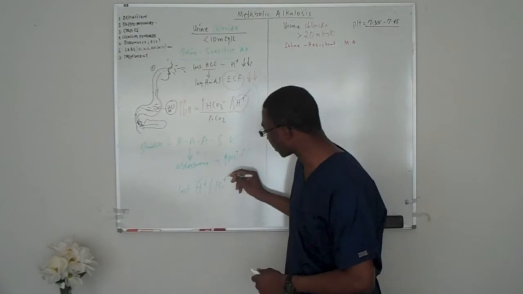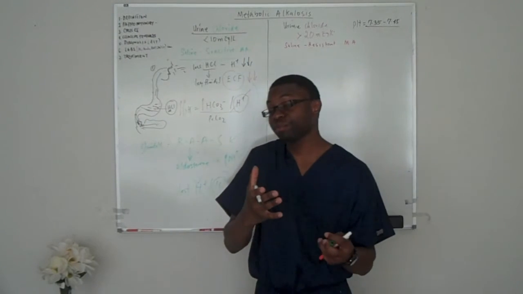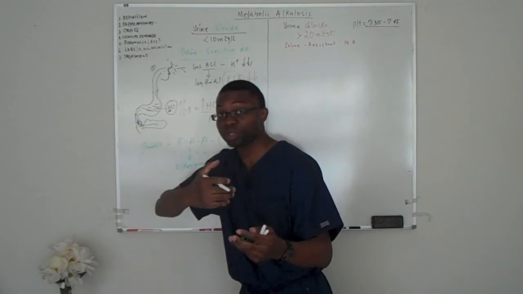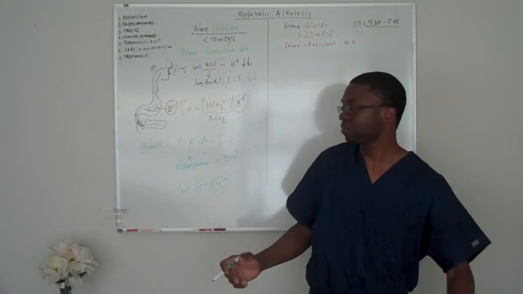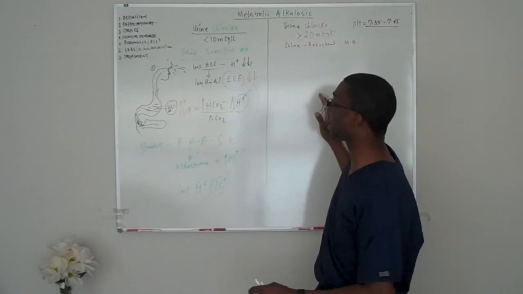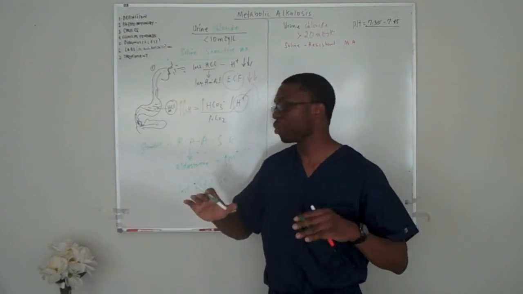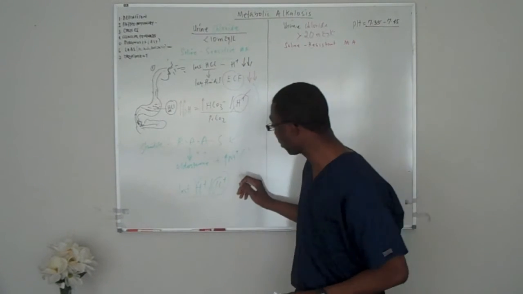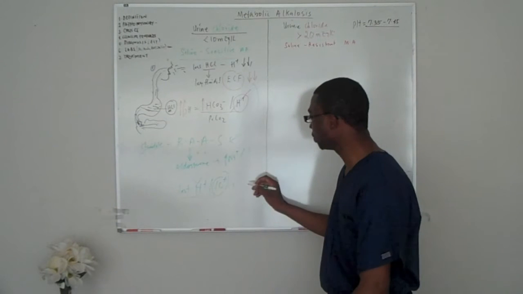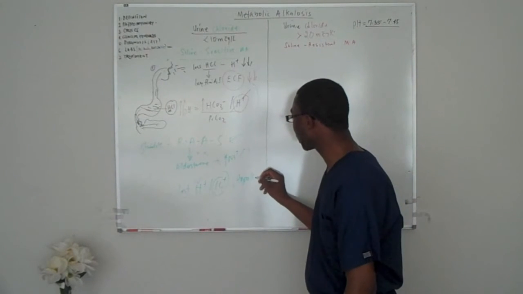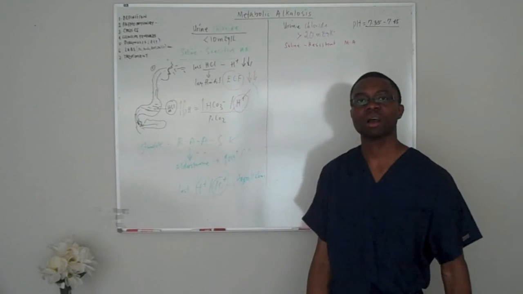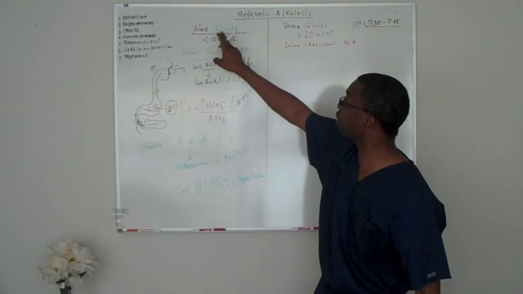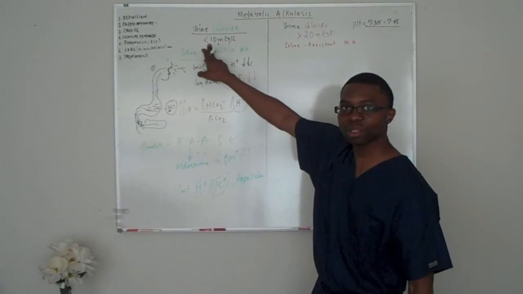You're losing a lot of potassium because the way aldosterone works, it reabsorbs sodium and loses potassium. When I talk about the other side, when aldosterone is going haywire, we're going to understand why you're losing both of these. But for now, what will happen if you lose a lot of potassium? You develop hypokalemia. And also, because you vomited all your chloride, your urine chloride is going to be low.